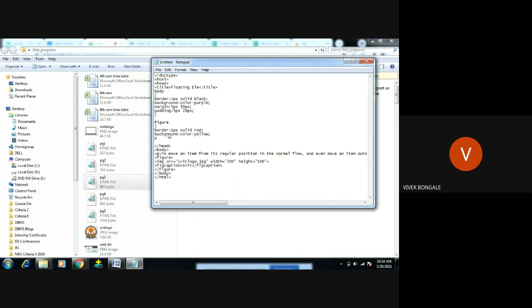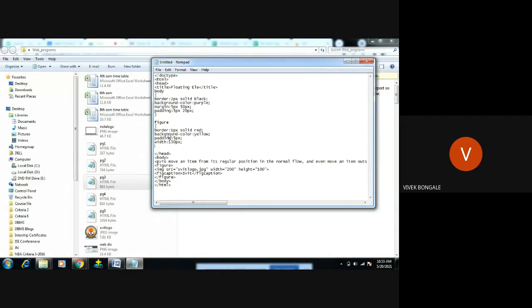Okay, padding I do 5 pixel, then width and height for the image. Width we can give something like 150 pixel, then float, you want to float this at the left side.